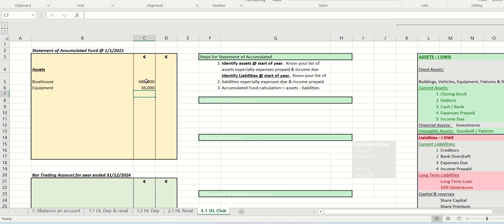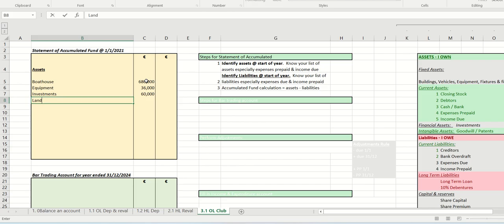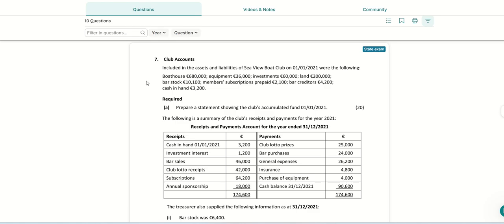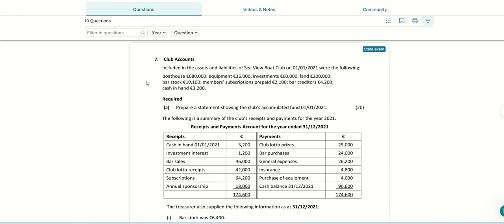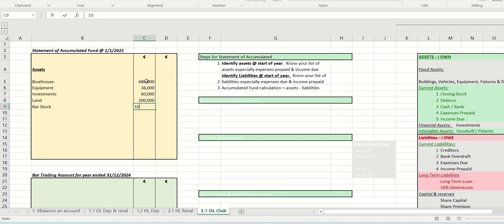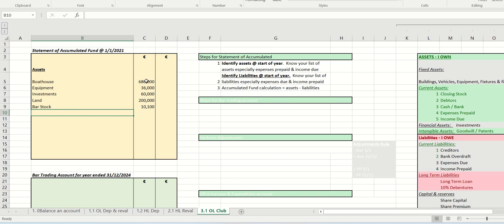We've got investments, 60,000. We've got land, 200,000. So I'm literally working down through my list, bar stock. I've got A's over my asset and I'm just entering them there. 10,100, and I've got cash,